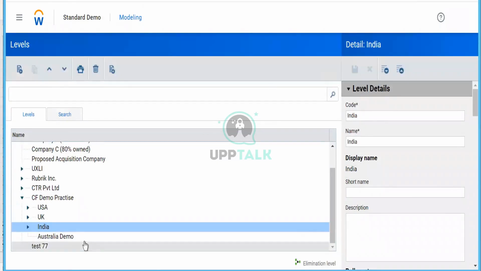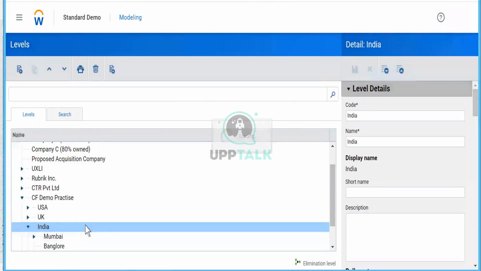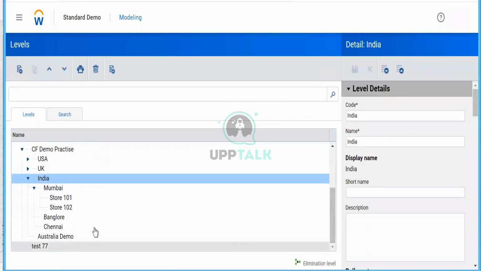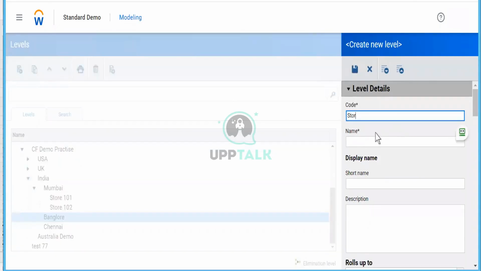I don't know if it's moving or not, but it should. In India, we have Mumbai. In Mumbai, we have one store. I think we did not create a few more stores. Let's just create randomly in Bangalore. I'm going to create another store. I'm going to create something under USA also, for New York, for example.